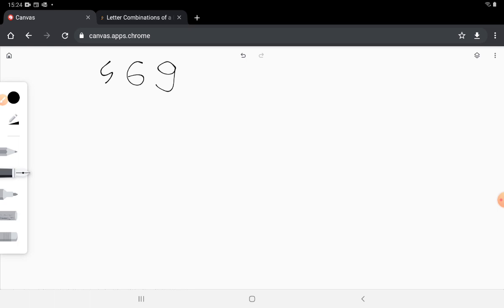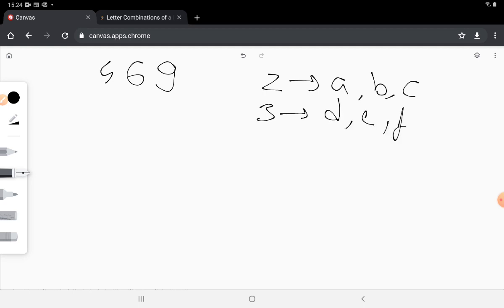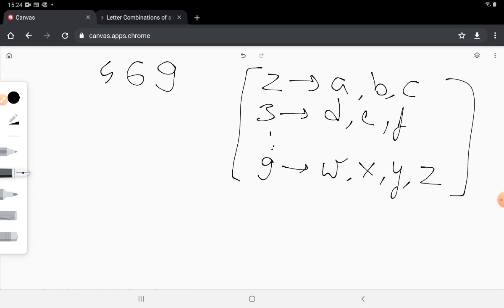So that map would have values like 2 which maps to A, B or C. Similarly 3 could map to D, E or F, so on and so forth till 9, which could map to W, X, Y or Z.